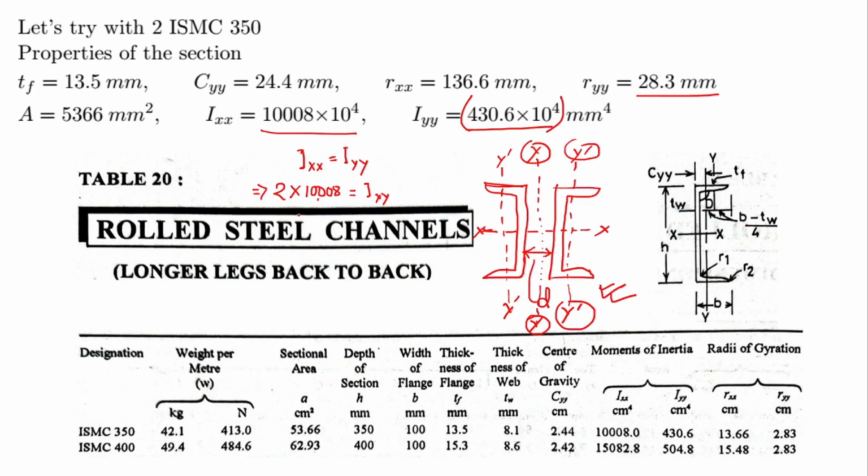So Ixx value of the overall column section will be finally equal to Iyy. That's why Rxx of the whole column section will remain 136.6 mm and Ryy of the column will not remain 28.3 for the overall section,